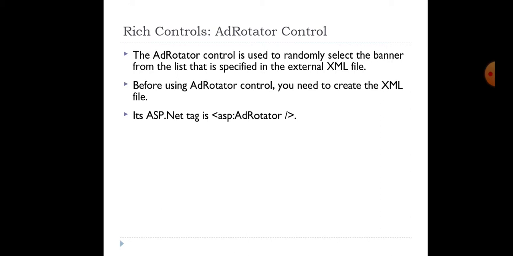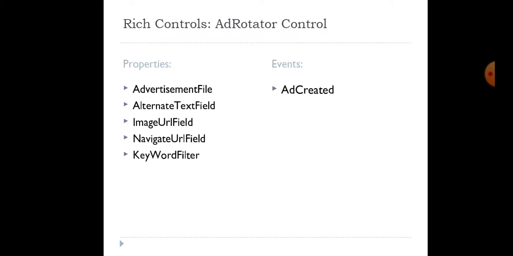Before using our ad rotator control, we must first create the XML file. The ASP tag for ad rotator is asp:AdRotator. Its properties are AdvertisementFile, AlternateTextField, ImageUrlField, NavigateUrlField, KeywordFilter. It also has an event, AdCreated.